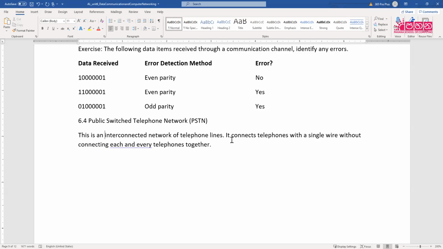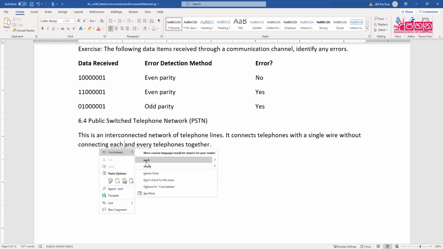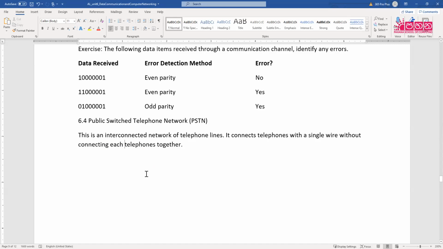So that's what PSTN facilitates. Public switched telephone network means it will connect each and every telephone together, right? And then you don't have to have separate wires for everyone. Right. The main objective